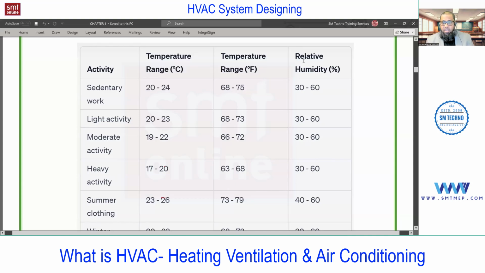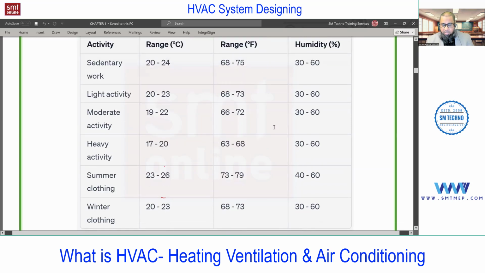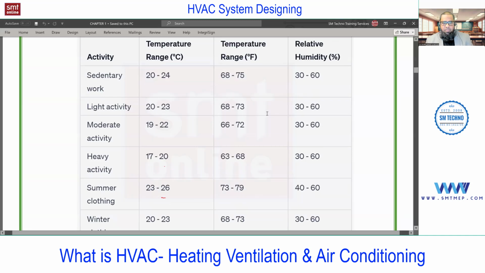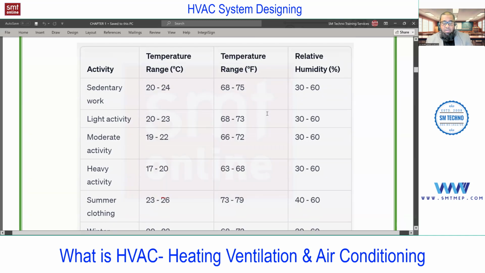Okay. So relative humidity range 30 to 60 in almost all the conditions, and in this I'm talking about human comfort. Again, this relative humidity is not for process control. For example, if you're dealing with, say, a server room, 10 to 20% range is enough, because we don't require the humidity for the machine. I'm talking about the server, because if you increase the humidity for the server, the life of the server will decrease, because we don't require that much moisture in the server room, or in many process controls like a printing press or different equipment, we don't require the moisture.